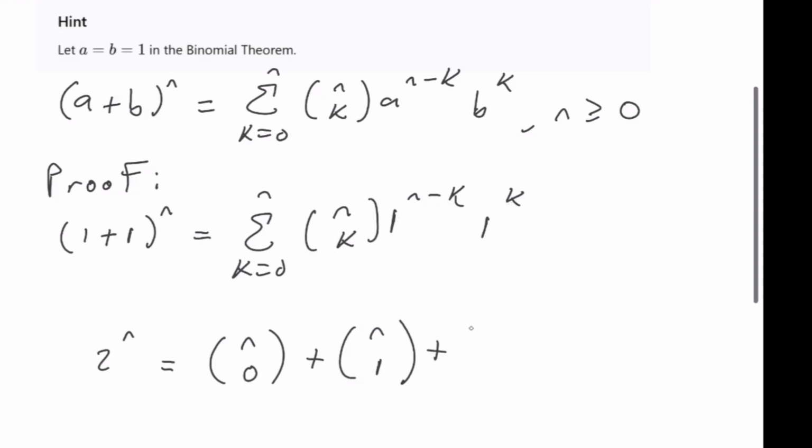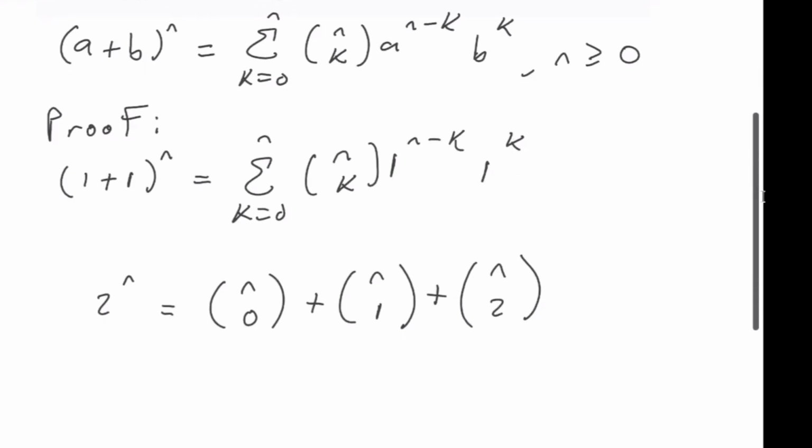And then, of course, we'll do the third term in the series. This is going to be n choose 2, and this is going to be 1 to the n minus 2, again 1 times itself n minus 2 times is still 1, and 1 to the 2 is still 1. So we can repeat this, plus dot dot dot, plus